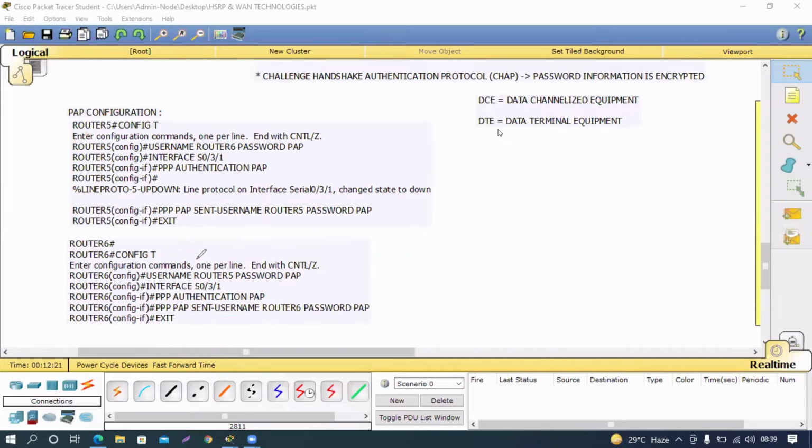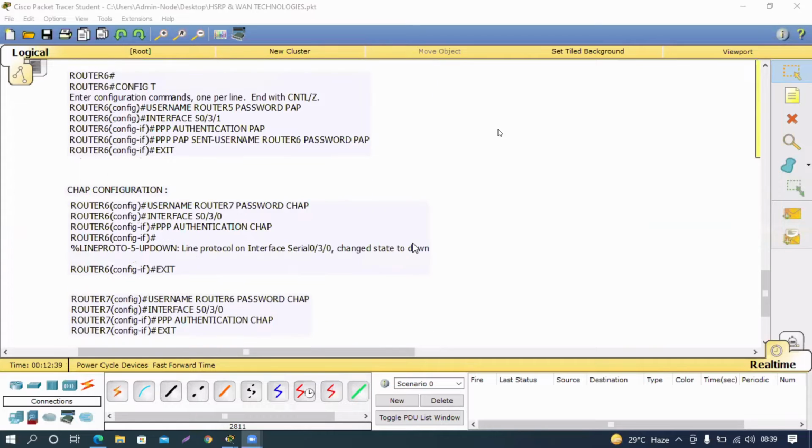So in this manner, the authentication is performed, where we are configuring the other router's information in our user database and doing authentication. The same thing is also available in CHAP authentication, but this CHAP authentication we are doing between router 6 and router 7. First of all, we need to create the user database. So username router 7, that is the hostname,